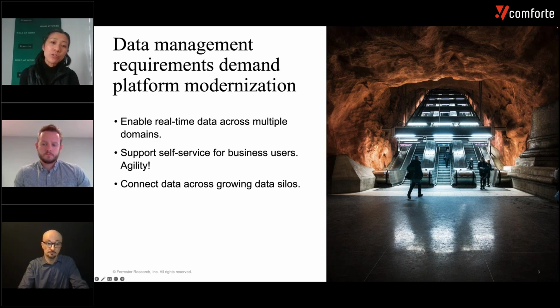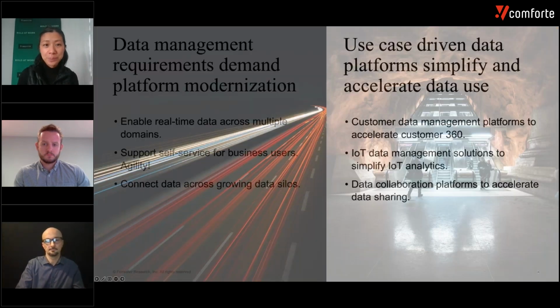And companies are also trying to connect data across these different silos. We've got data scattered across different geographic regions, different clouds, different edges. So these requirements also demand that we change our approach in terms of where we're putting our data into different data cloud platforms. And the next slide goes over some of the key ones that we see today with